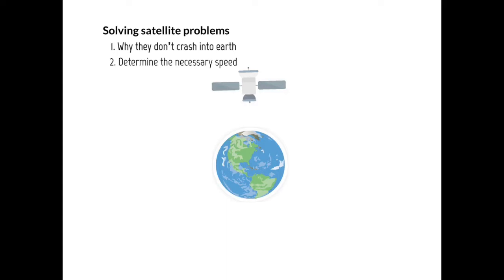Well, remember that objects want to keep doing what they're doing. So this satellite maybe is moving in this direction, and it wants to keep going in that direction. As long as it's given an initial speed, it wants to keep doing that. But since it's near Earth, there's a gravitational force in this direction. So instead of traveling off like that, there's always a gravitational force towards the center. So the satellite would continue straight, but the gravitational force brings it to the center, and then the satellite would